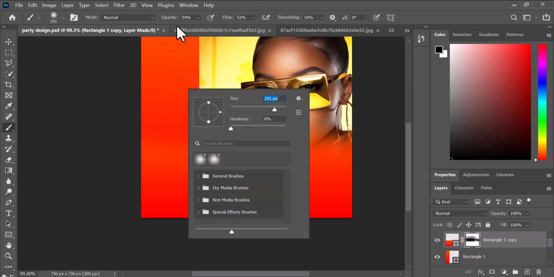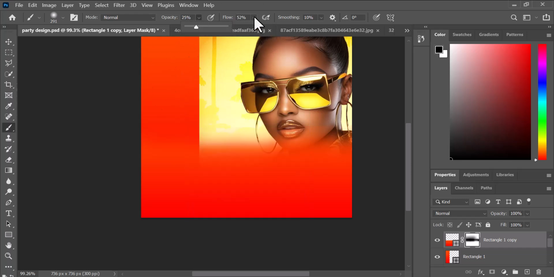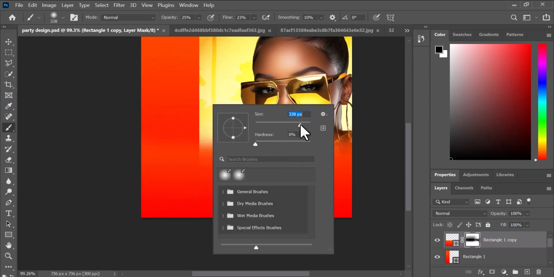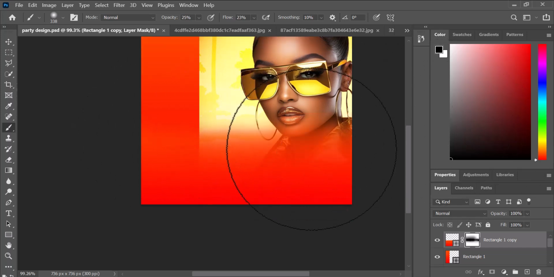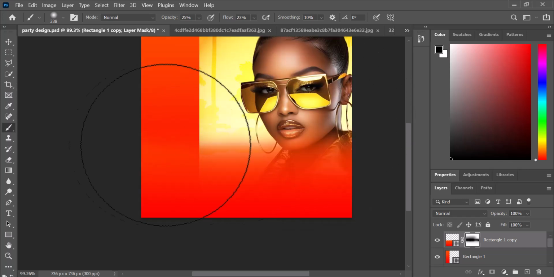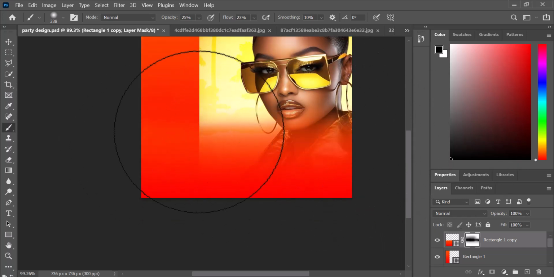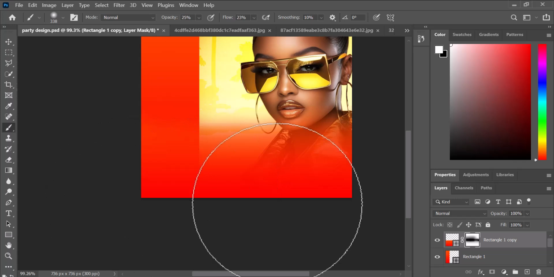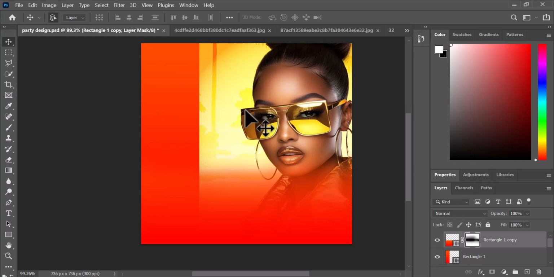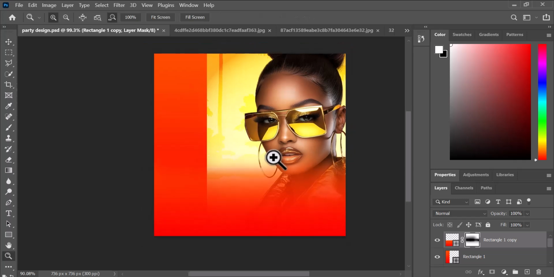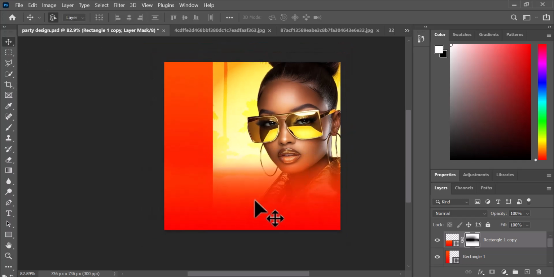So let me increase this, and these values I'm actually toggling. There's no specification. I just know what I want and how to go about it. It's not looking like there is a specific way it should be. Okay, so let me toggle it in and make this place darker. By the time we're done with this, what we're going to do next is put in some